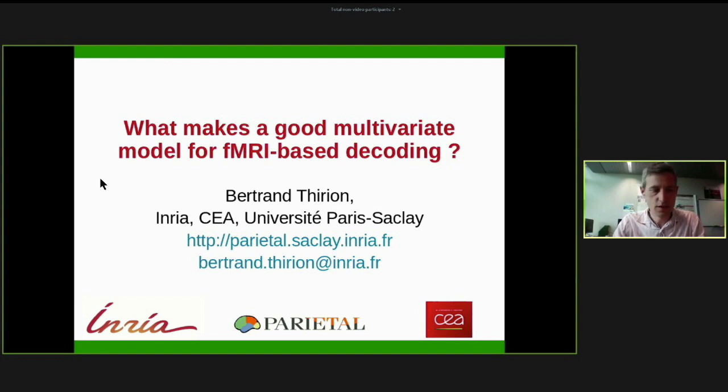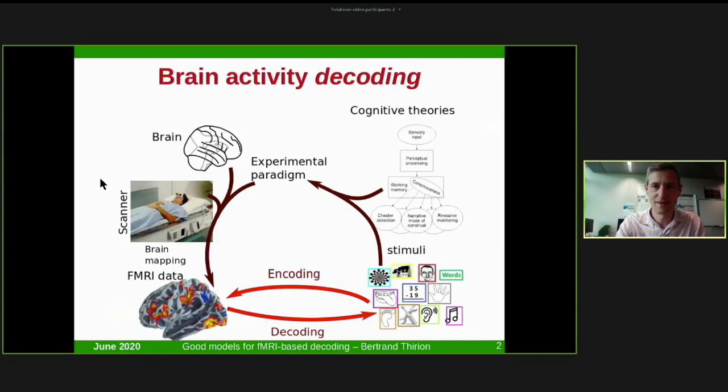Hello. Here is Bertrand Thirion. I'm going to discuss in this presentation how we make a good model for multivariate brain activity decoding. So I'll try to give some practical hints for that. First, I should define what I mean by decoding. So here I make a reference to the standard